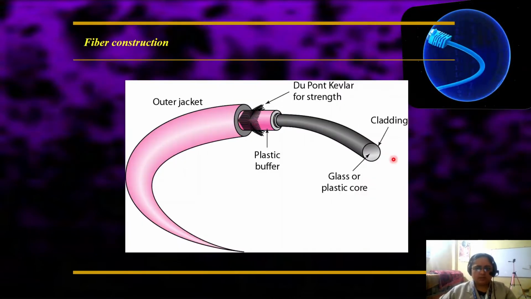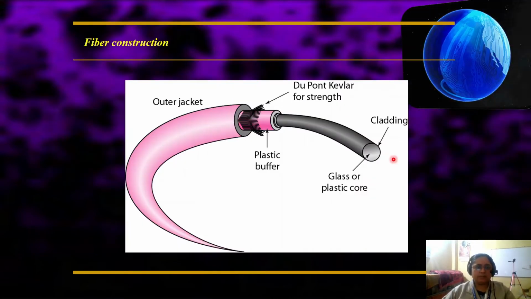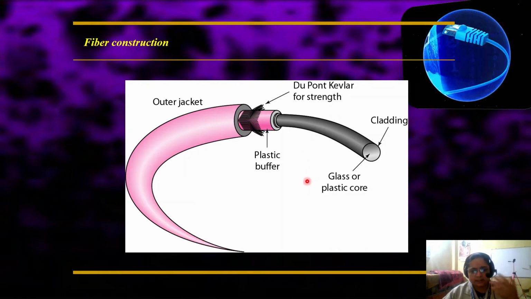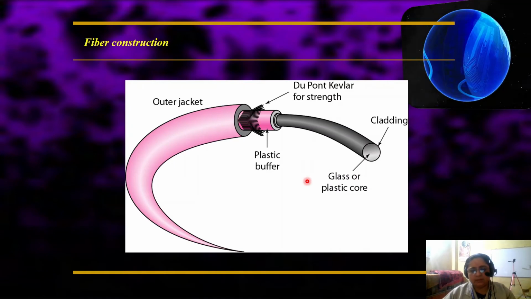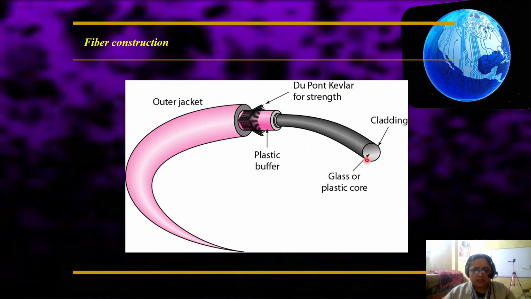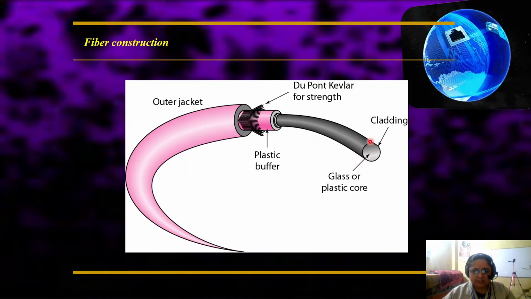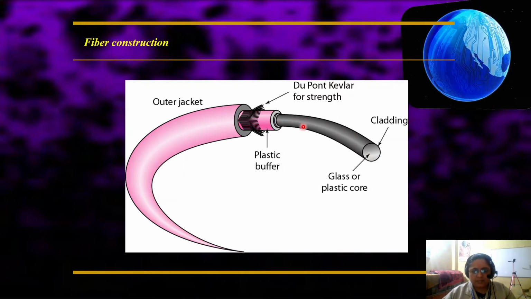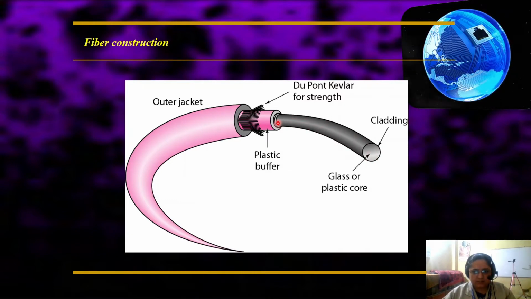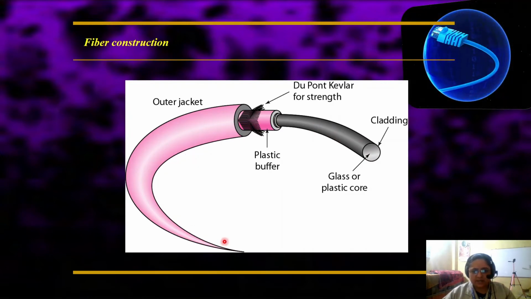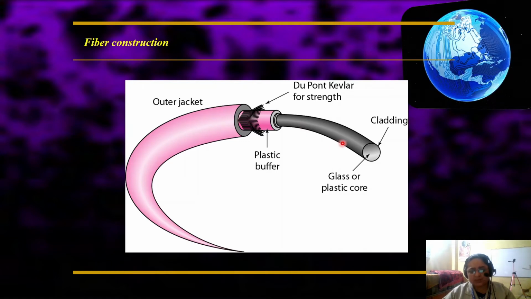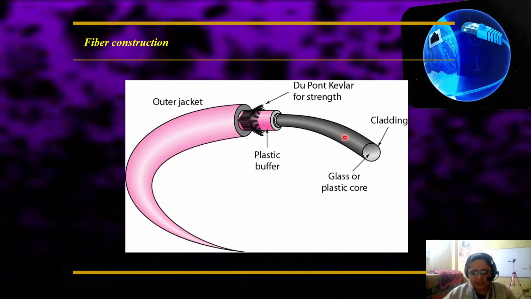Now you can see over here we have the fiber optic cable construction, that is the internal cross section of the cable, what it is comprised of. You can see that this is the glass fiber, which extends from its tip to its base, and the base is in fact very long. It's just that each part has been exposed for better visibility.